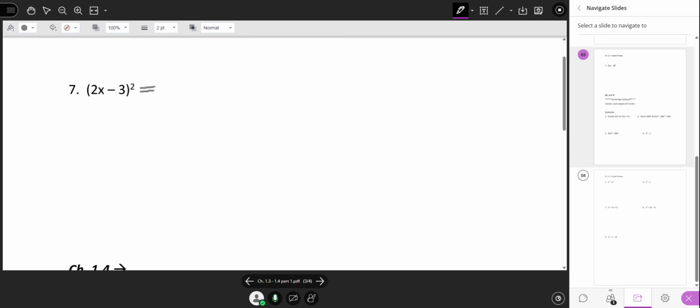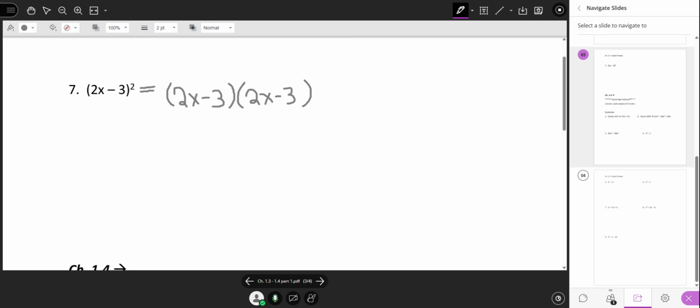When this says squared, what that means is, remember, just like 7 squared means 7 times 7, so when that has a binomial squared, that means you take that binomial times itself,